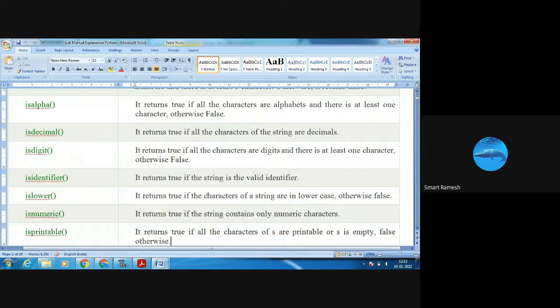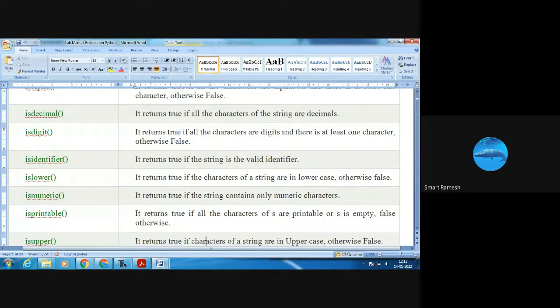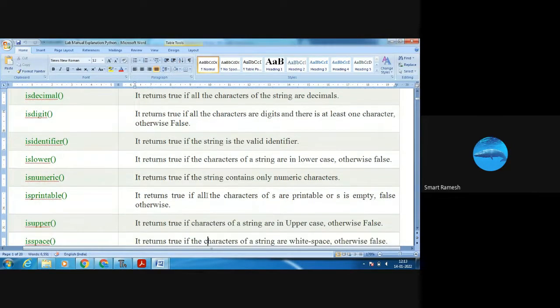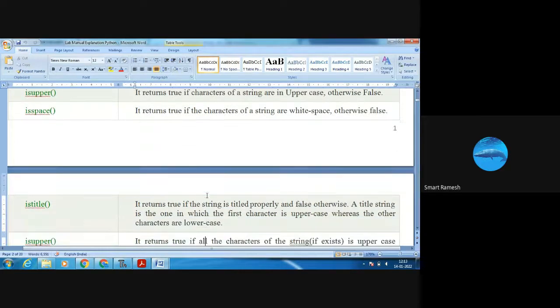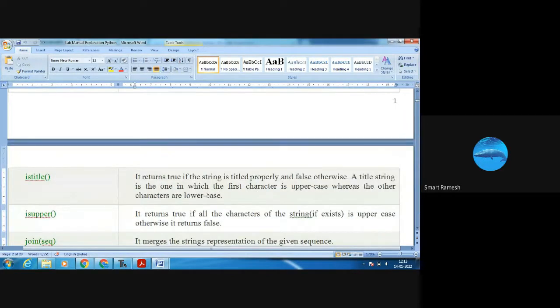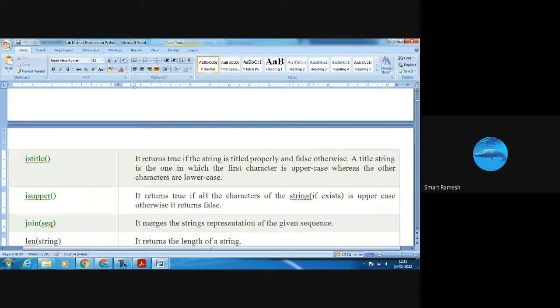If all the characters of S are printable it returns true, otherwise false. Next is isupper. We are going to check whether it is uppercase or not. Isspace. We are going to check whether there is white space in the string or not. Next is istitle. Whether the string is in title case or not. Isupper.